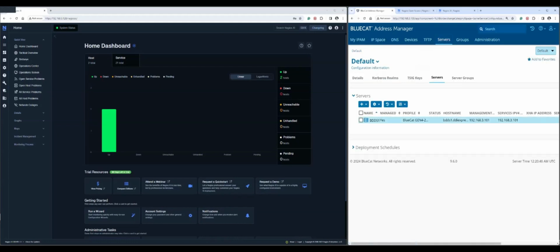So just a note, if the management IP is different than the service IP, when we go into Nagios, which is on my left-hand side, we want to use this IP address. Okay, so let's switch over to Nagios. And this is the home screen dashboard. And I have